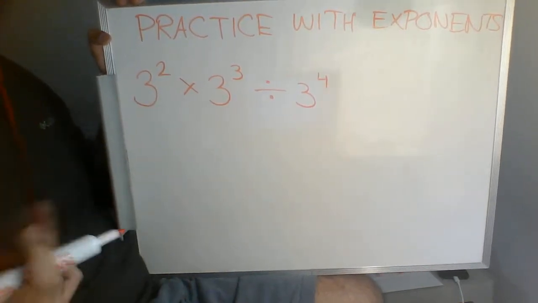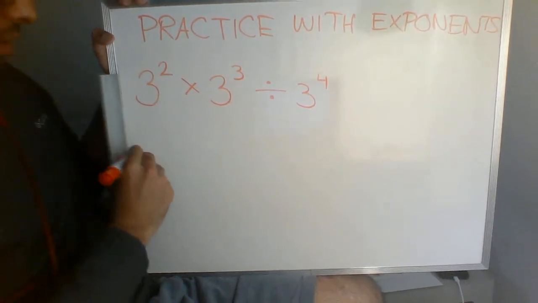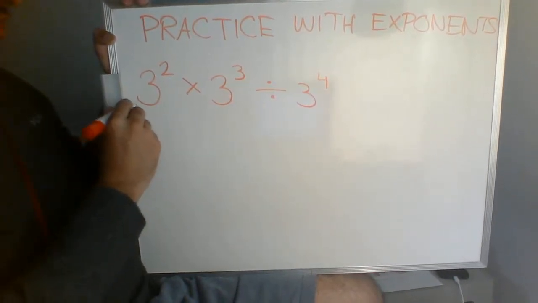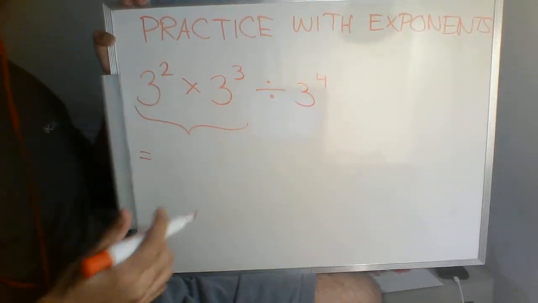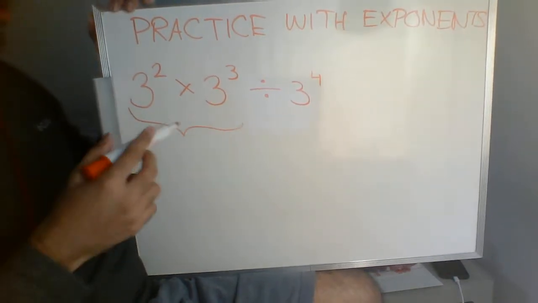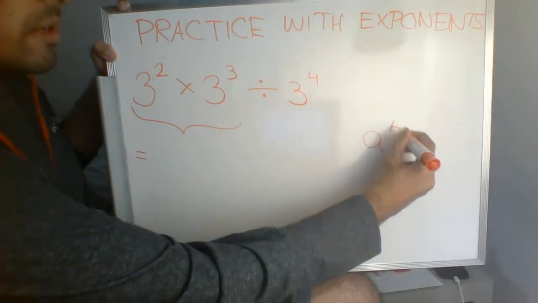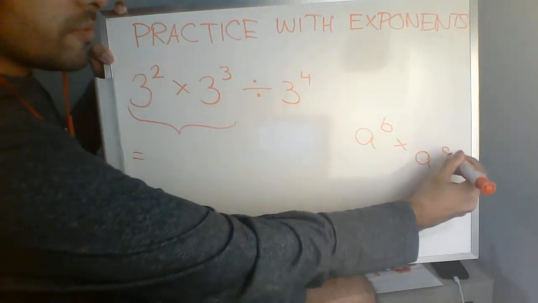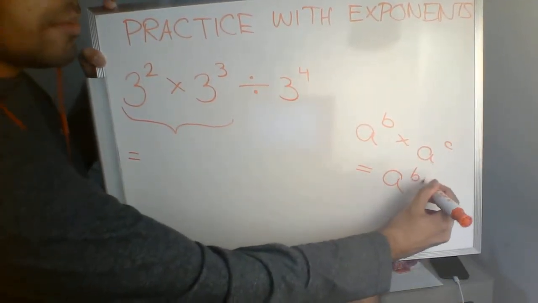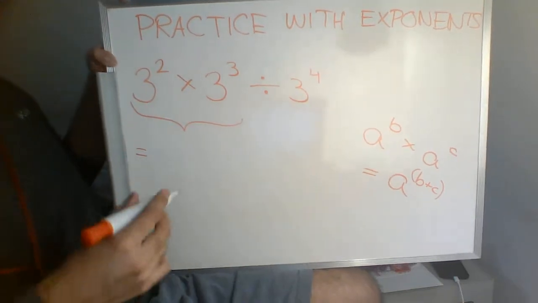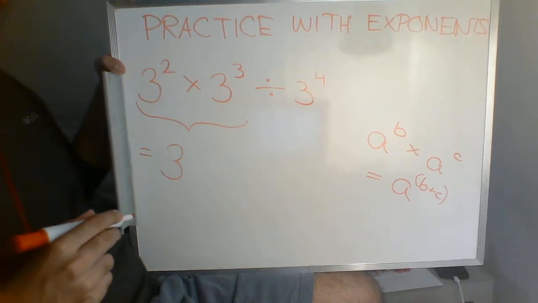But we're going to make use of our exponent rules and mess with this a little bit so that it's something a little bit easier to work with. So the first thing we're going to focus on is, by the order of operations, we do multiplication and division in whatever order they appear in first, going left to right. So we'll start with this multiplication, and we know that if I've got the same base but different exponents and they're multiplied together, then my answer will still have the same base, and I'm just going to add those exponents together. So to do that, I've got 3 squared times 3 cubed,